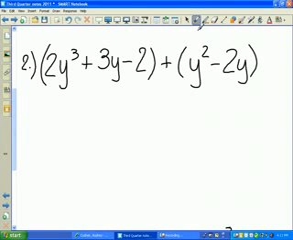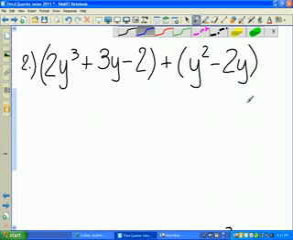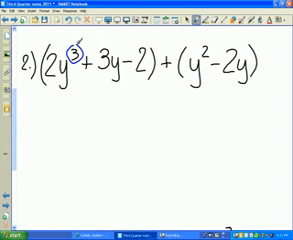So number 2, we have 2y to the 3rd plus 3y minus 2 plus y squared minus 2y. So first things first, we're adding, so we need to get our like terms together. What's my highest degree? My highest degree is the highest exponent, and it looks like this cube is my highest exponent. So since this is my only cube, that means the 2, the coefficient of that y cube, that's my leading coefficient. Remember we talked about that last class? So since it's 2y cubed,